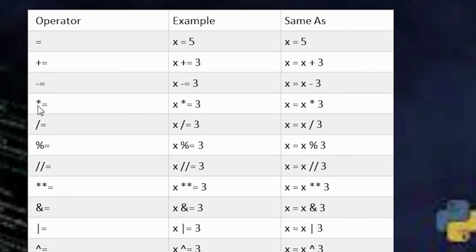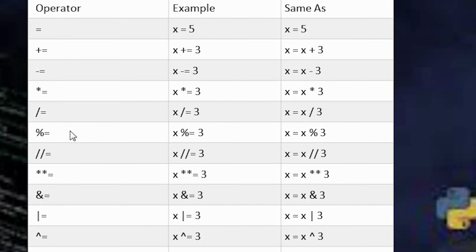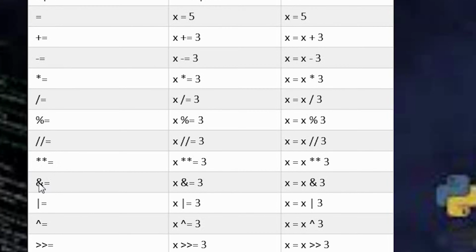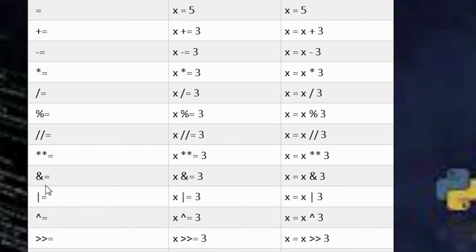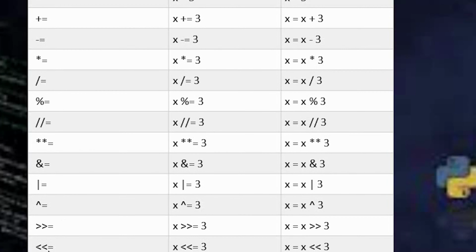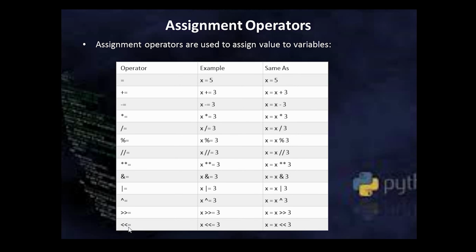Same is the case for minus equal, multiplication equal, division equal, mod equal, floor division equal, power equal, and bitwise operations, that is AND equal, OR equal, XOR equal, right shift and left shift. These were all the operators provided in Python.